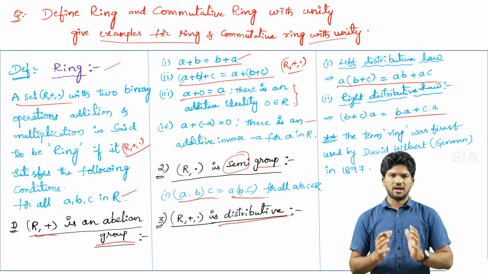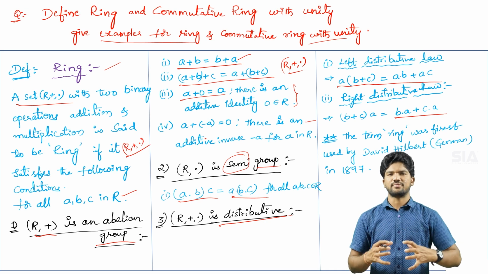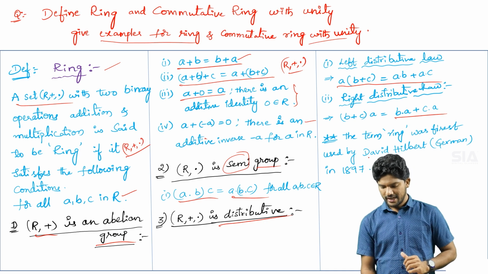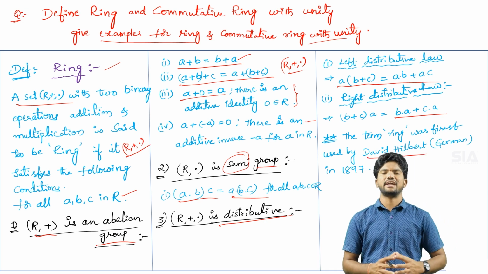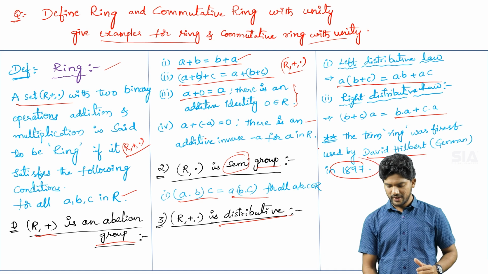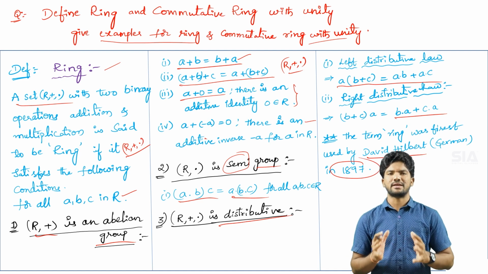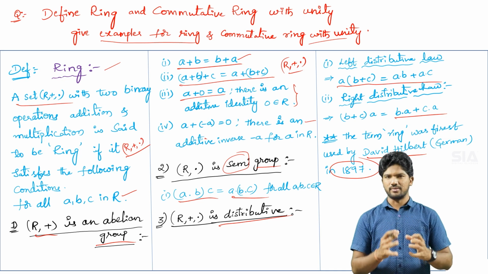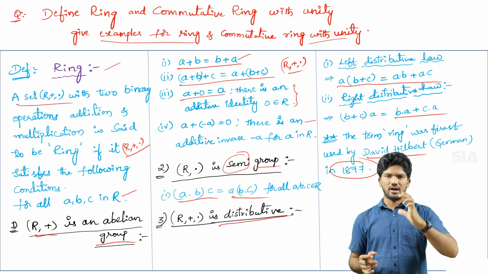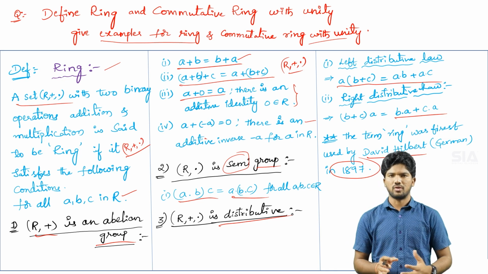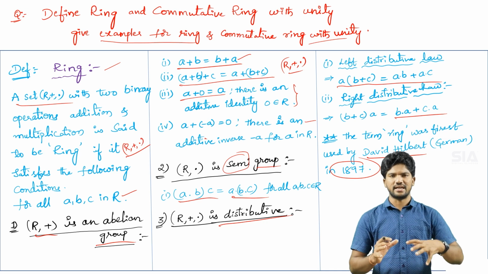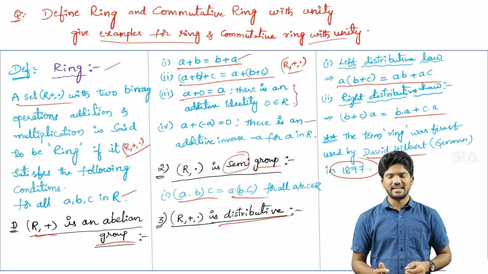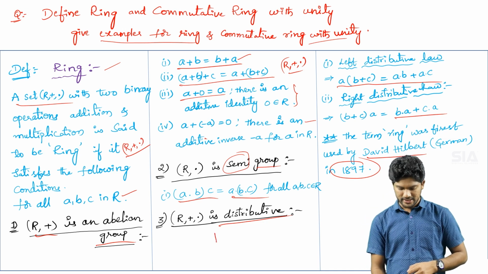The word ring was first used by the famous German mathematician David Hilbert in the year 1897. He gave the name to that property. Before him, in the middle of the 19th century, around 1850, another mathematician, Richard Dedekind,